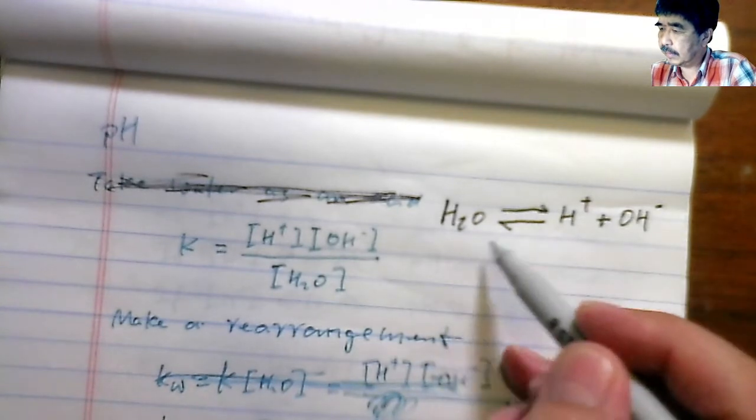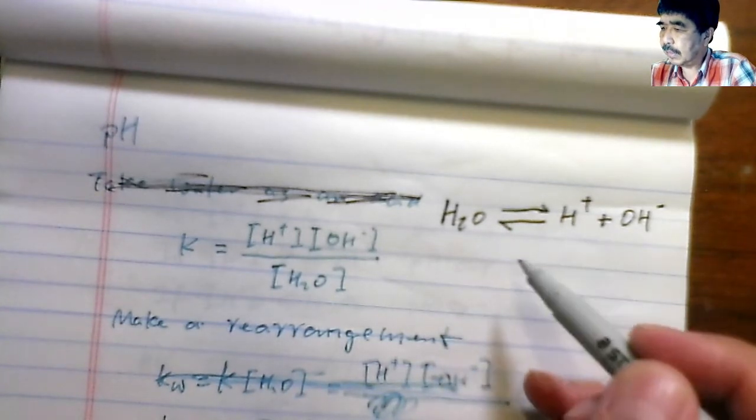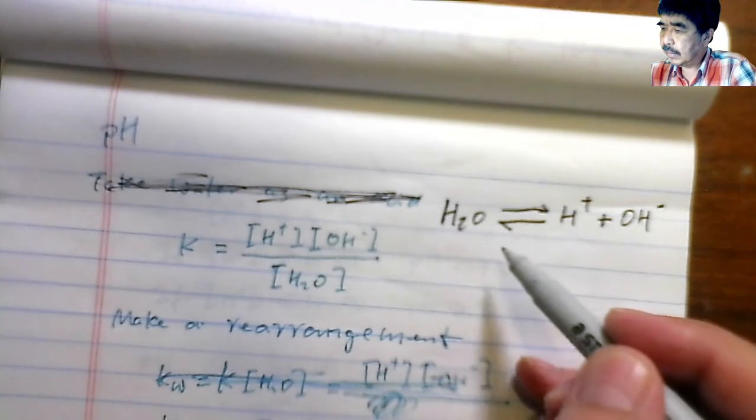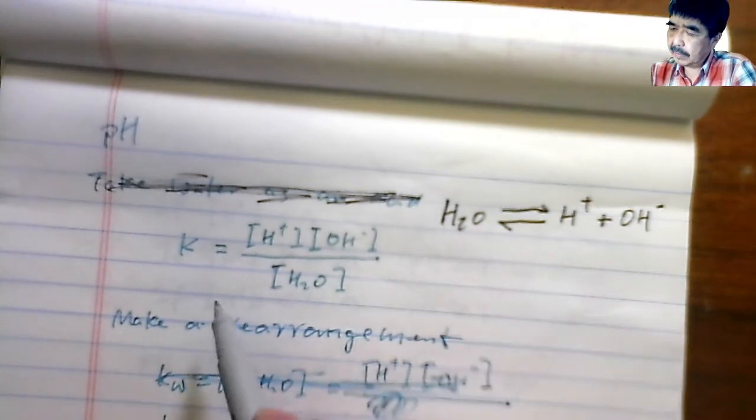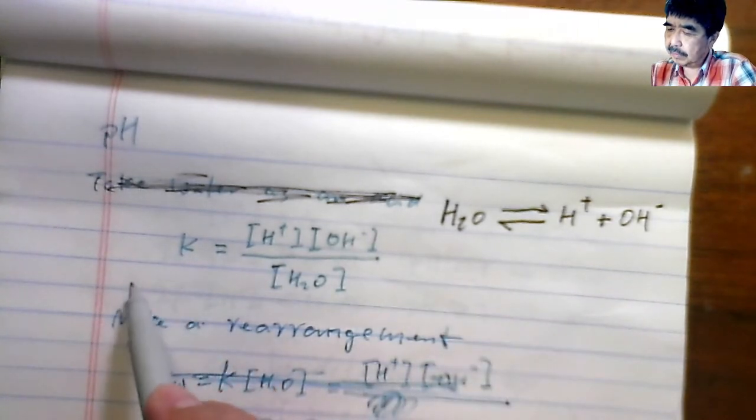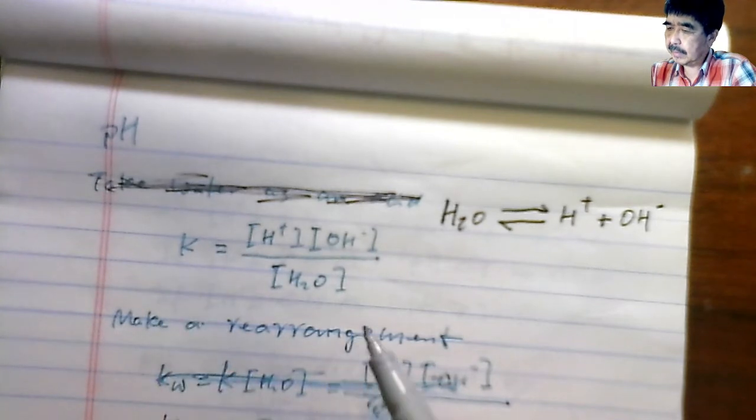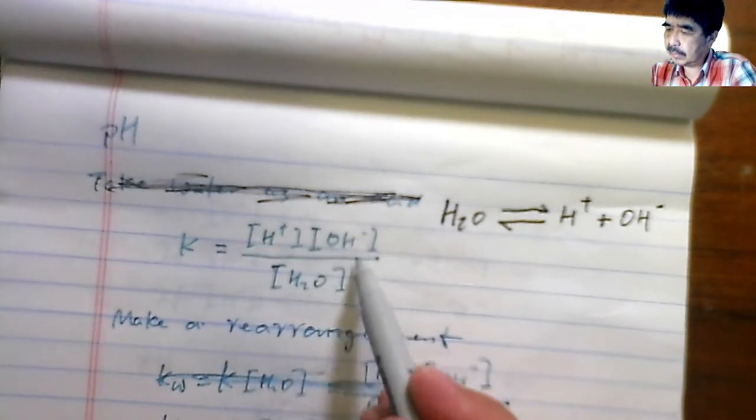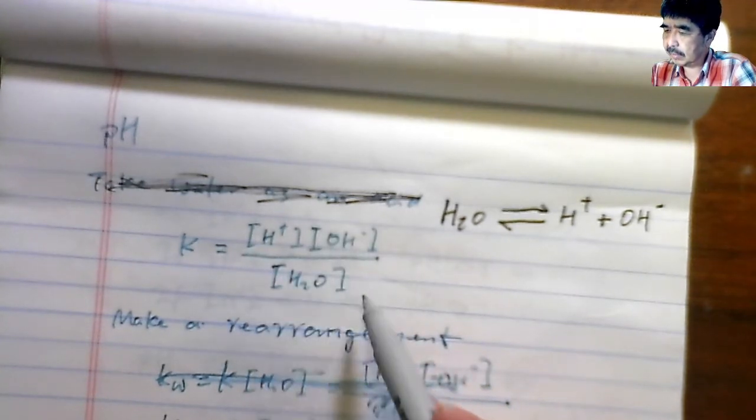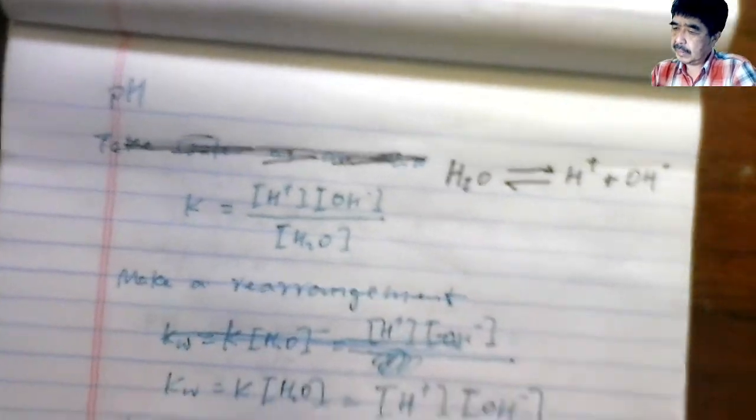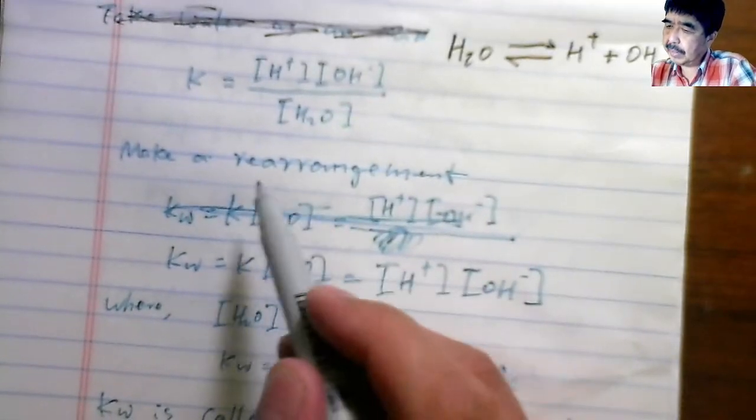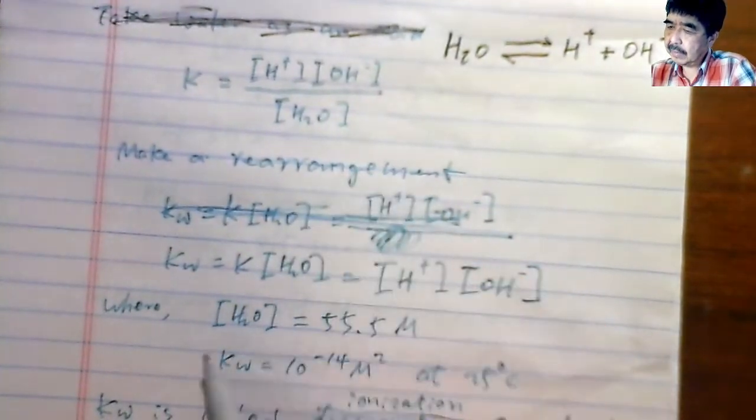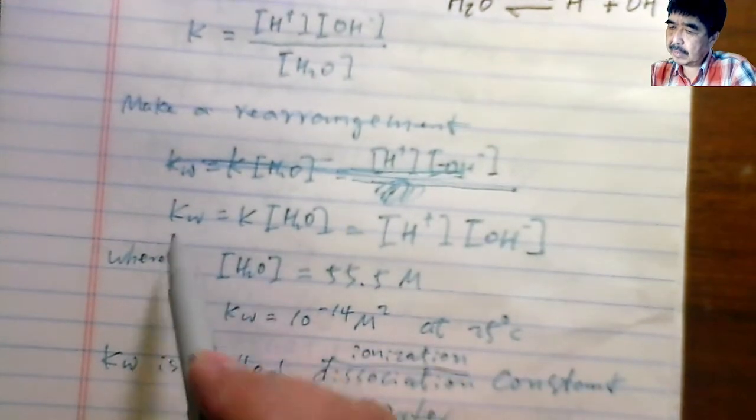When this reaction reaches equilibrium, we can calculate the equilibrium constant. That's the equation. This is the proton concentration, the hydroxide concentration, and the water concentration. Then let's make a rearrangement. We got water